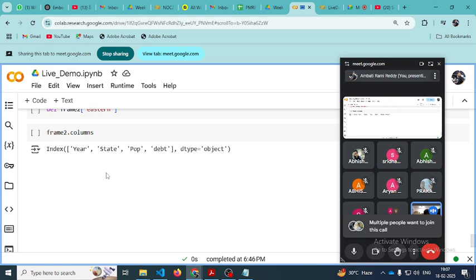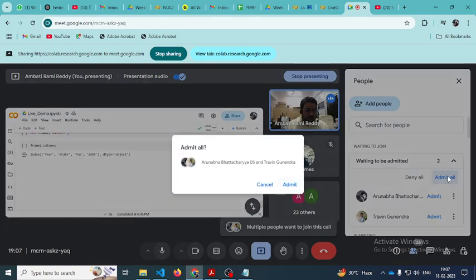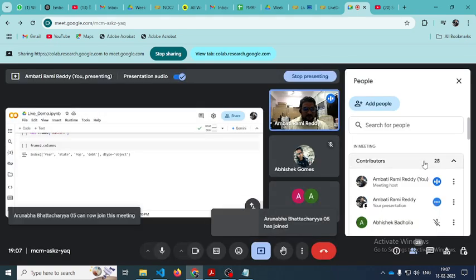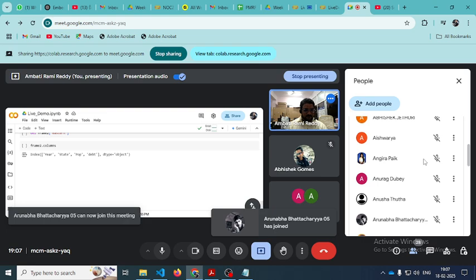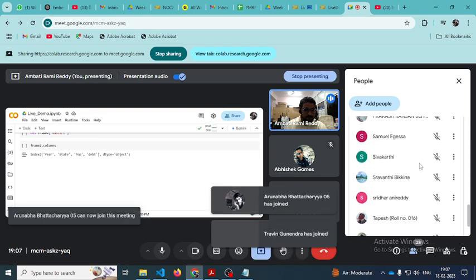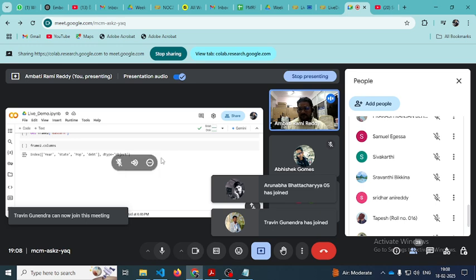So today we will start with pandas, and then some simple imputation. After that I will give one or two examples on probability and statistics, how you are going to compute the probability density function and cumulative density function by using Python. Okay, so let me start with